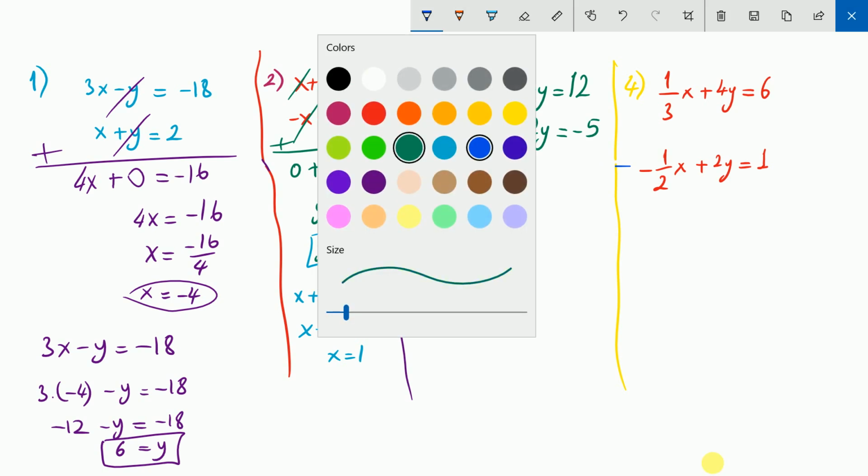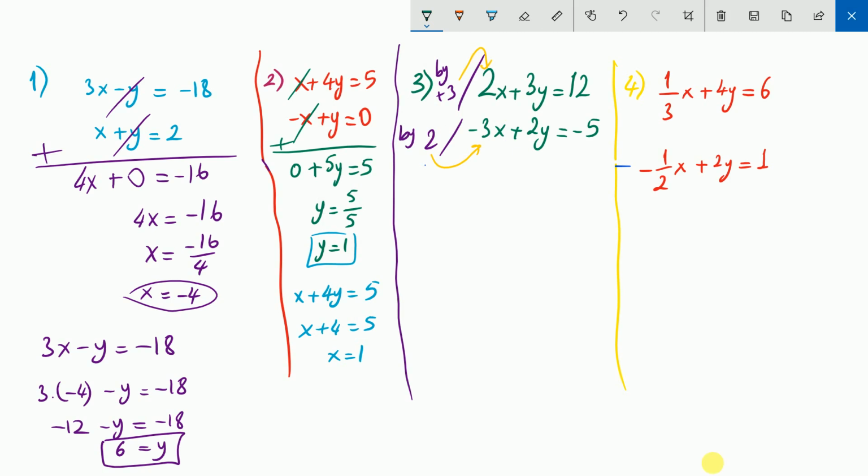Second step is, we write those numbers. Let's multiply now. 3 times 2x will be 6x. 3 times 3y, let me show you guys. 3 times 3y, 3 times 12, 2 times 3x, 2 times 2y, 2 times negative 5. So we are going to do step by step. 3 times 2x, 6x, 3 times 3y, 9y. It is 9y. We don't make a mistake if we want to see the correct answer. So 6x plus 9y